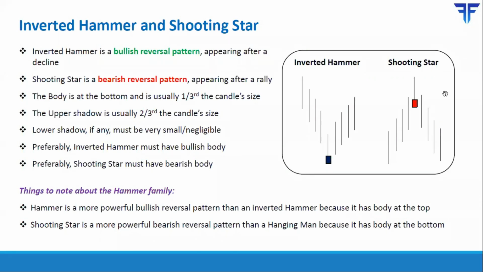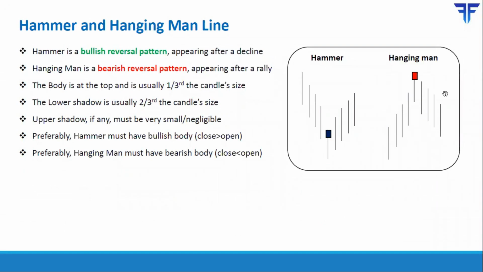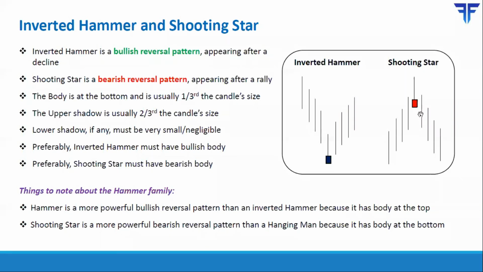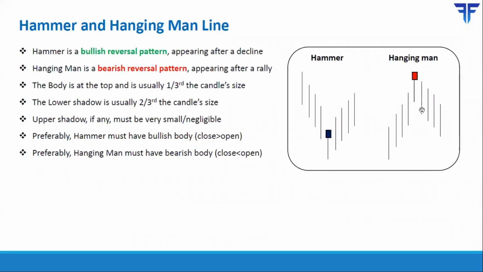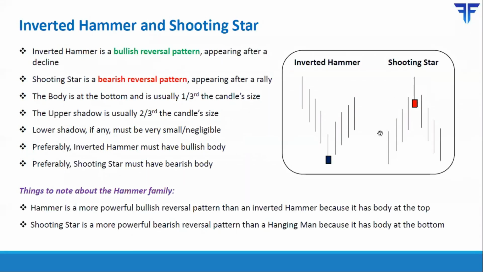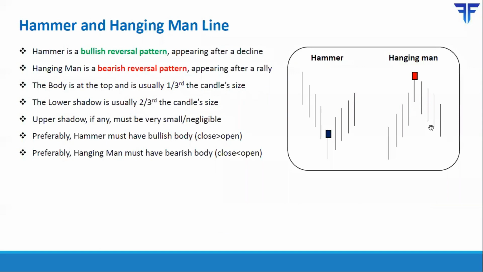The same is the case with hanging man and shooting star. In case of these patterns, you're looking for a bearish reversal, that is, a change in trend from up to down. Because of that, a shooting star is a more bearish reversal pattern because it has a real body that is situated at the bottom, which kind of indicates that sellers were in total control for this particular period. But if you look at a hanging man, the real body is situated at the top, so it kind of gives you a feeling that sellers are still not in much control. So between the two, a shooting star is a much more powerful bearish reversal pattern than a hanging man is.